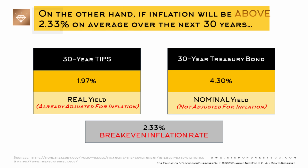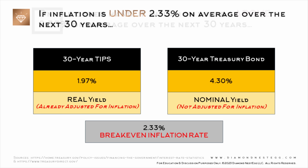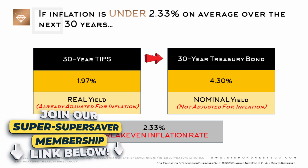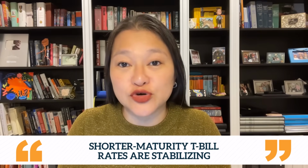On the other hand, if inflation will be above 2.33% on average over the next 30 years, then these 30-year TIPS would have been the wiser investment. And if inflation is under 2.33% on average over the next 30 years, then these 30-year Treasury bonds would have been more prudent. Whether you're looking for inflation protection or not, though, the point is that shorter maturity T-bill rates